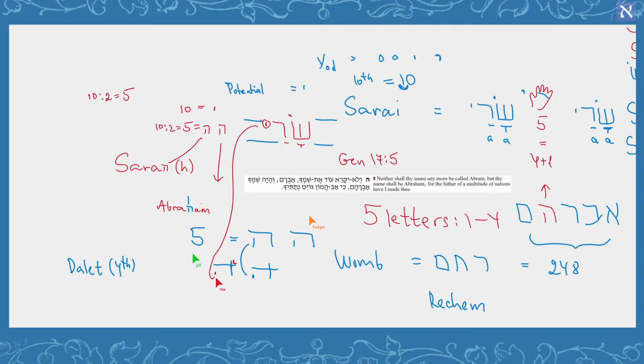We take the potential, which is above in the sky, and we move it here to the ground. Here, this is the line on which you write the letter He, and we move the drop. Again, I will make it here so that it will be clear. The letter Dalet,